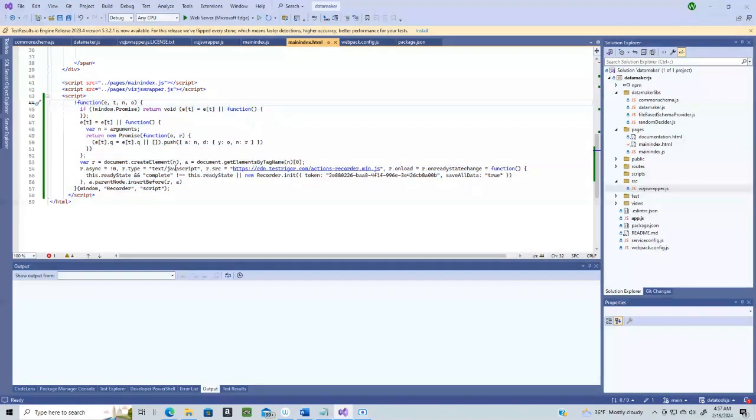So what it's going to do, as far as I can tell, is set up a source to push things to at various times. I haven't read this in depth. But this is the place where they're going to collect the actions, as far as I can tell. Oh yeah, an onReady state change. They run the function, and this is insert before. I think this is them injecting themselves into various pages. I haven't really examined this. That might be something interesting to do later. But right now, let's try